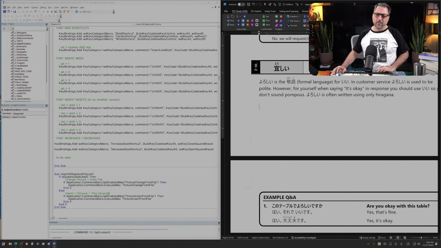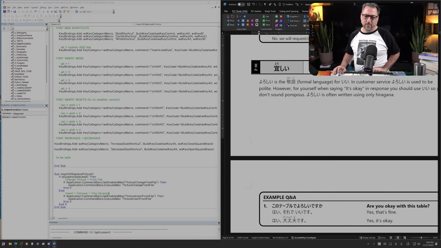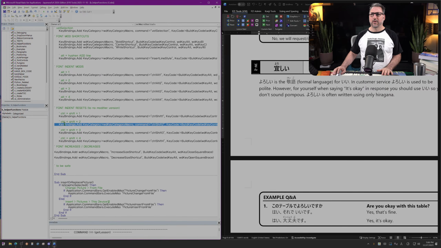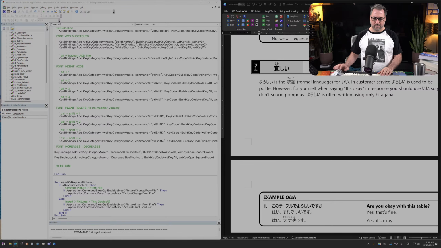No. I don't like its logic here. Don't you think the key binding solution would be better